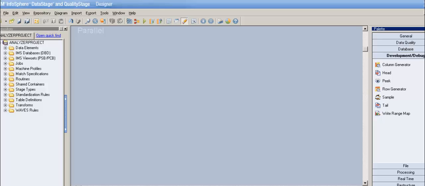Normally while you practice, you just don't use these, because practically when you're trying it on your machine, you don't see much use of these stages. But when you're dealing with larger data sets, let's say 10 million records or 40 million records, and while you're designing or developing the job, these development and debug stages come in handy. Because